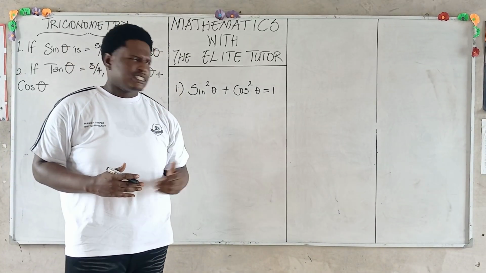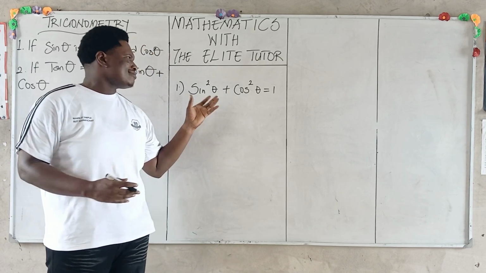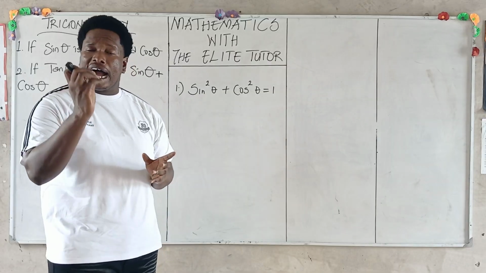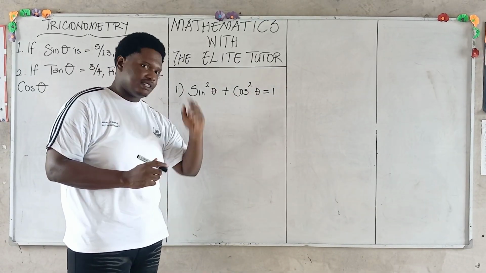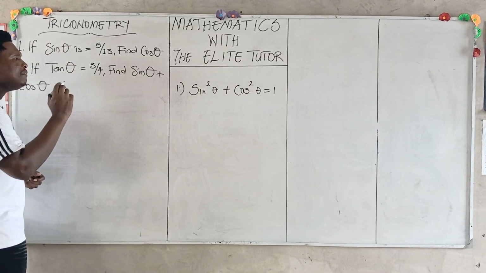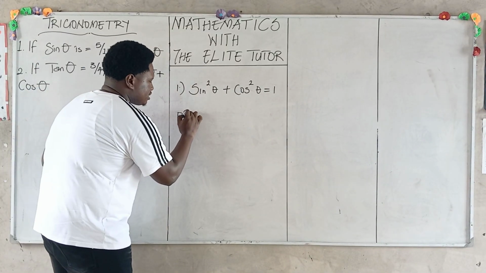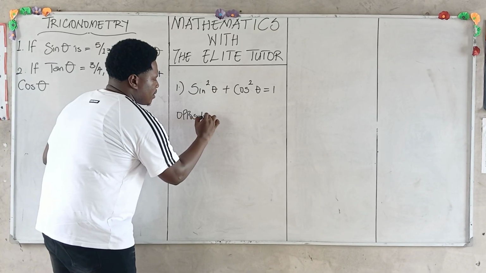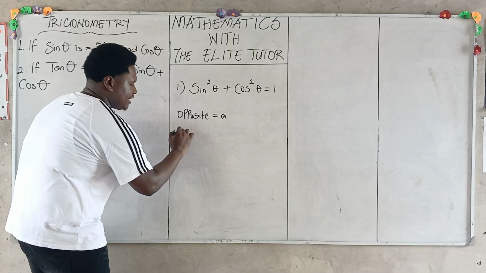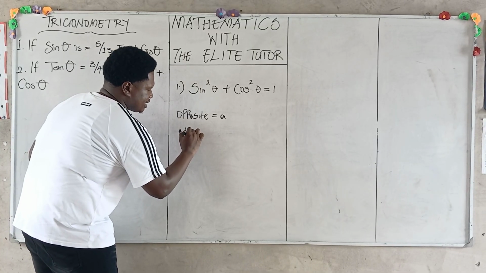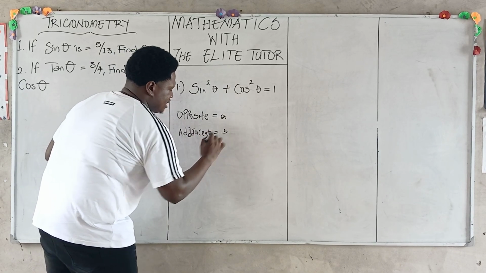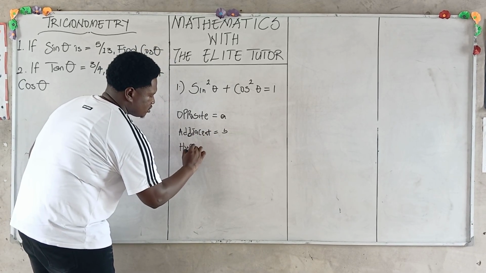Now, most of you will ask, how is it possible that sine squared theta plus cos squared theta is 1? Don't worry, I'm going to be showing you how we came about that. Now, I want you to follow closely. Now, if we have that our opposite is A, let's represent our opposite with the letter A, we have our adjacent equal to B, and hypotenuse